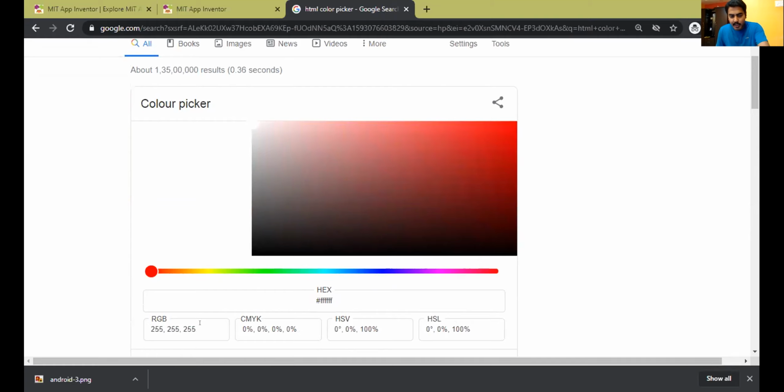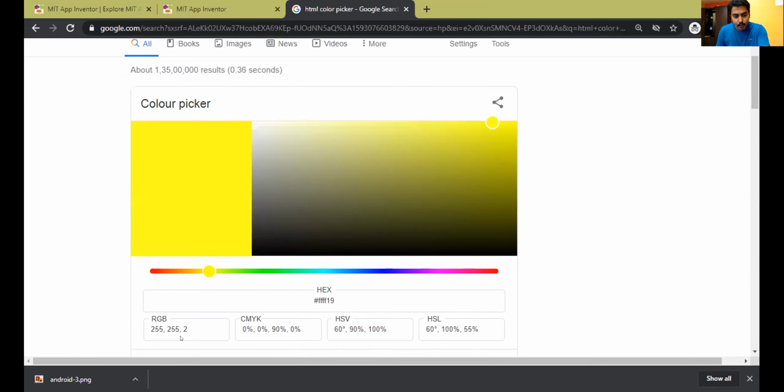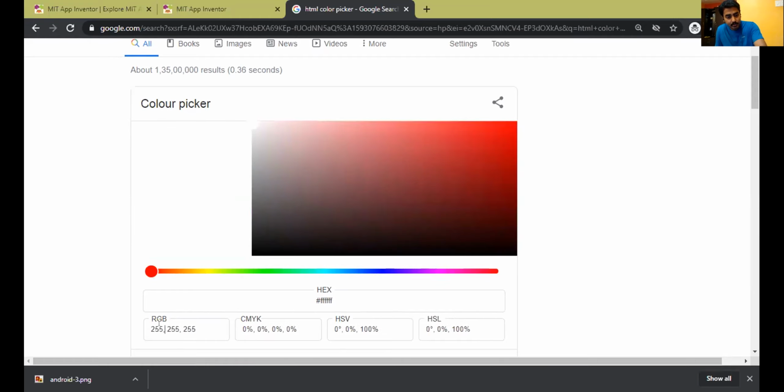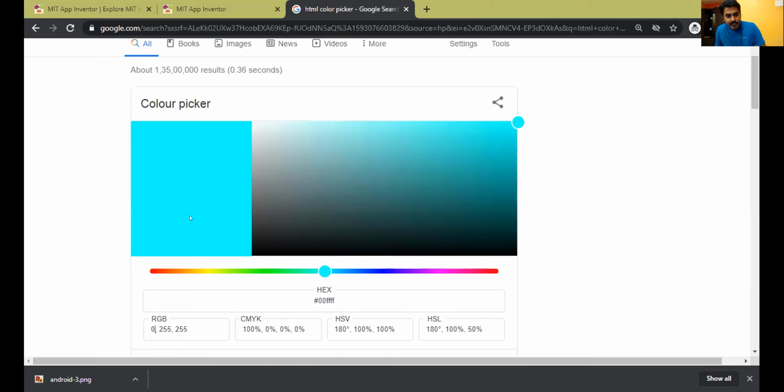If I combine only red and green, let the red and green be 255, 255, and if I make the blue 0, the color is yellow. And if I make red and green 0, and I make blue 255, the color is a kind of magenta. And let me say I make green 255 and keep the red 0. So green and blue will give you kind of a cyan or a blue. So this is how the colors work.